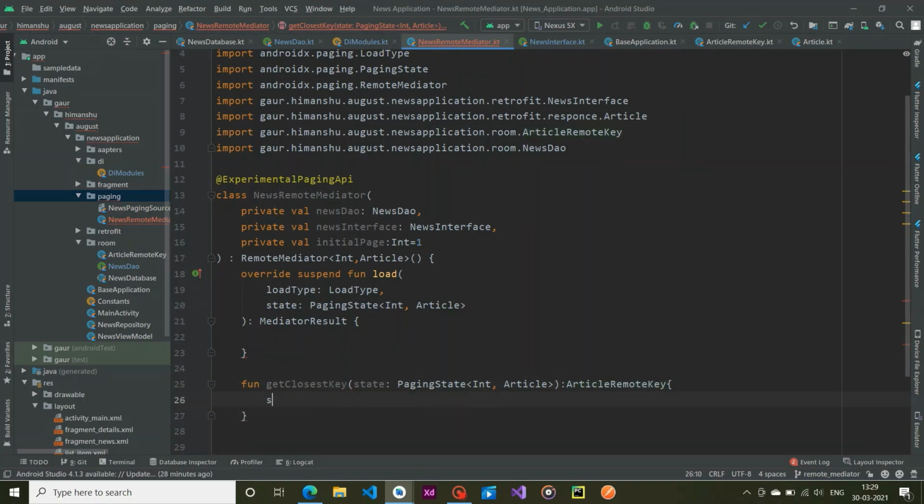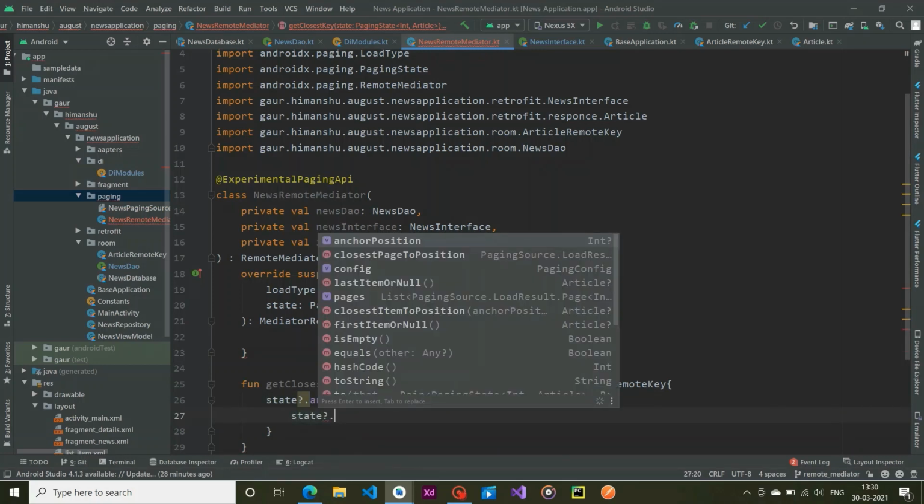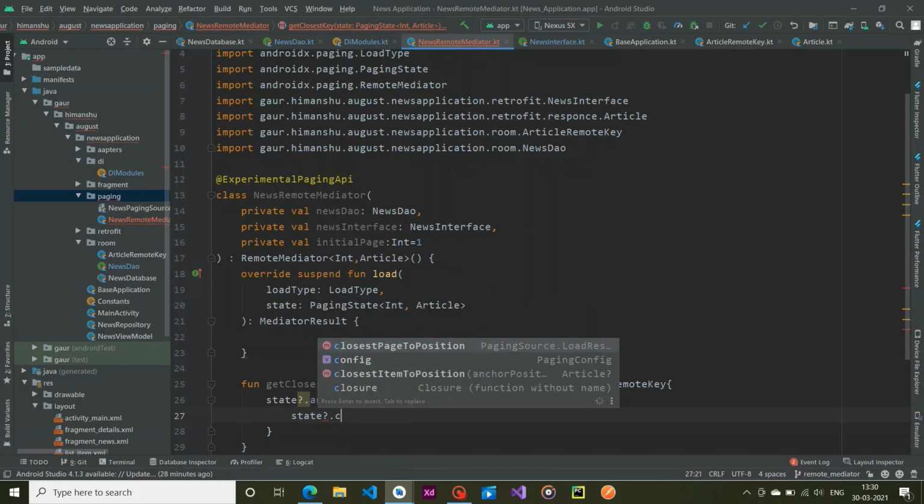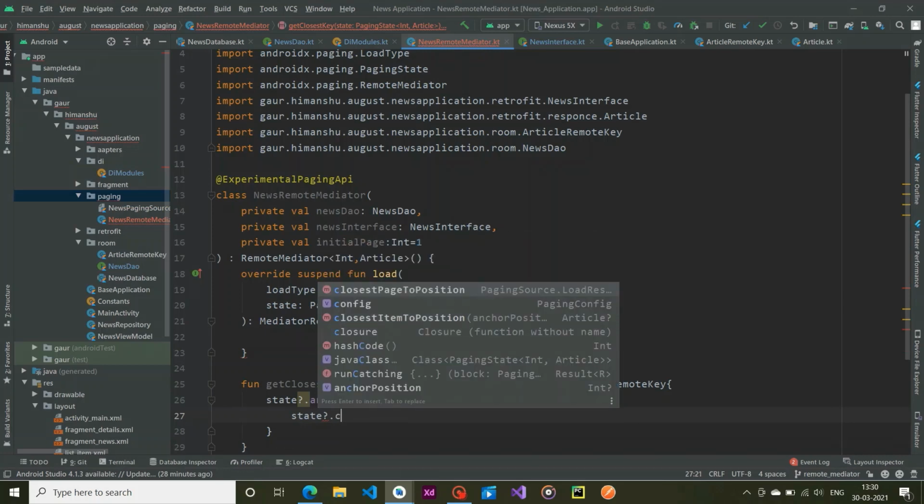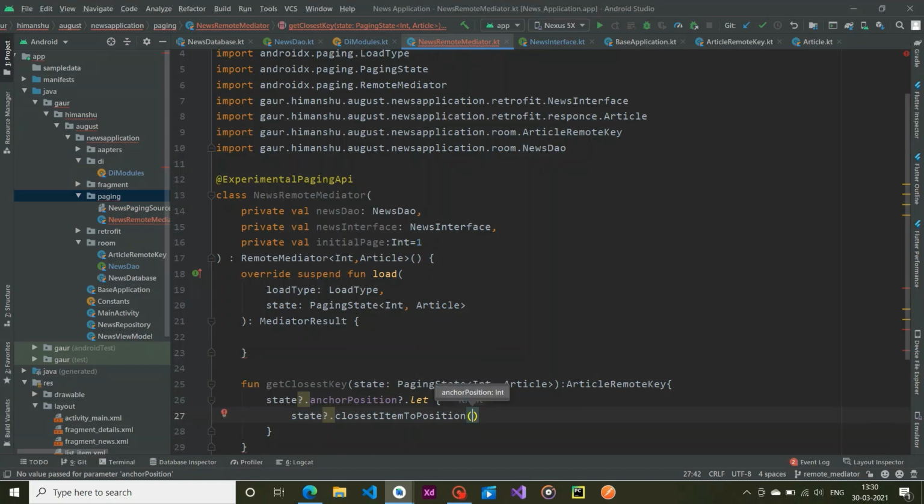Yeah, so state, and we check our anchor position. If this anchor position is not null, then we go on the next state and use closestPageToPosition, and it will accept an integer type which is the anchor position. Pass it to it, and let's again use let if this is not null.